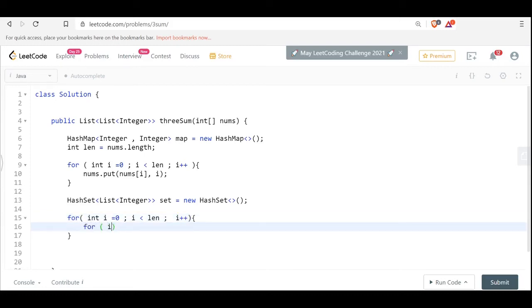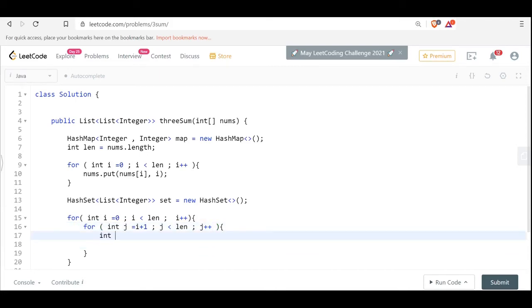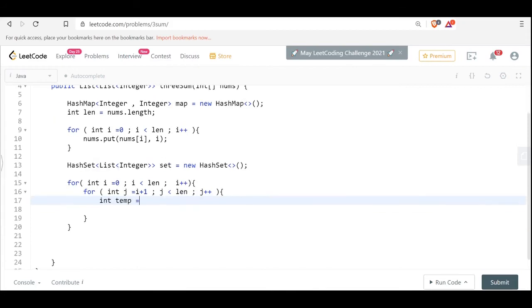Then for j, I will start from i plus 1, j less than length, j plus plus. So I will have a temp equals nums i plus nums j.